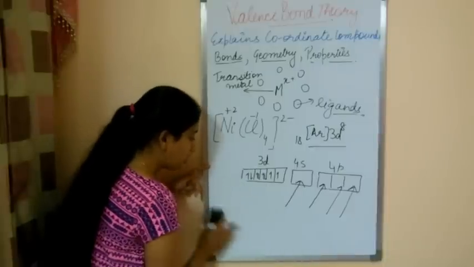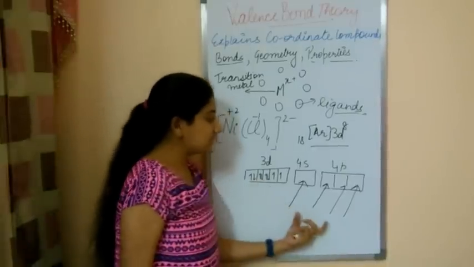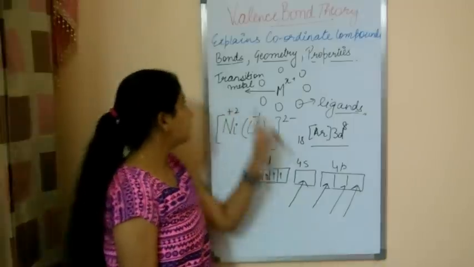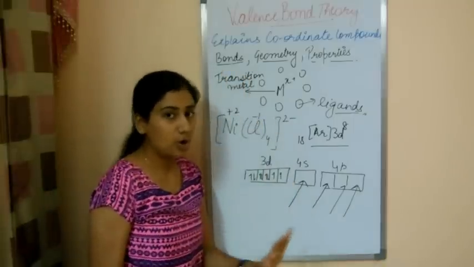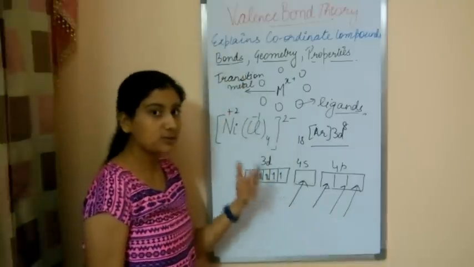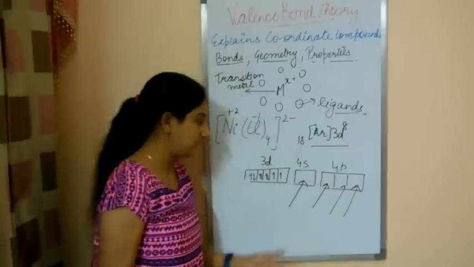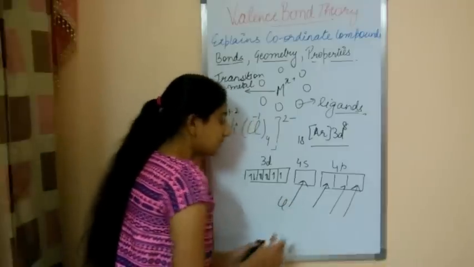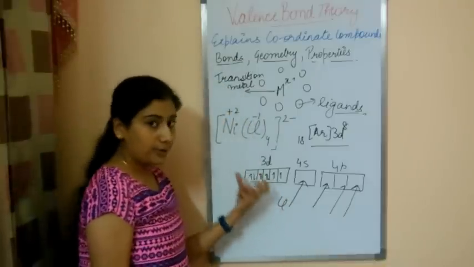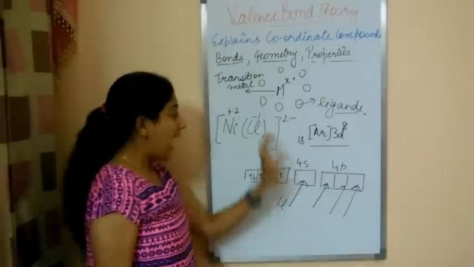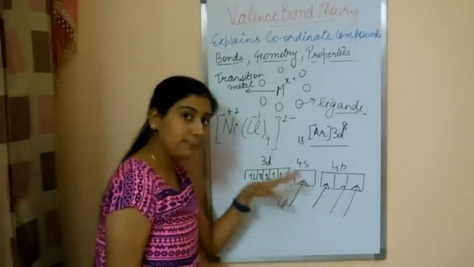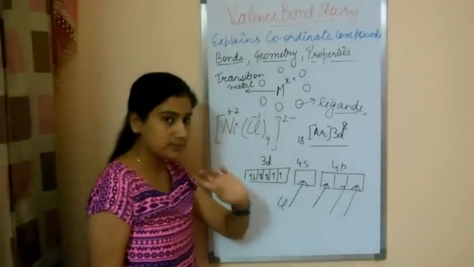The main concept of valence bond theory which explains the bond: the first thing explained is that the bonds are not ordinary covalent bonds. They are special bonds called coordinate bonds, in which one atom donates an electron pair. Here the chloride is the donor. The second thing which explains its geometry as well as the complete bonding in these coordinate compounds is